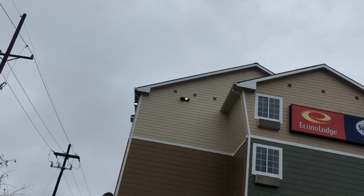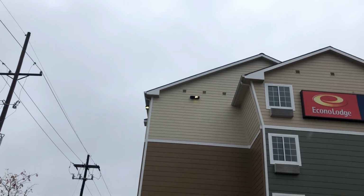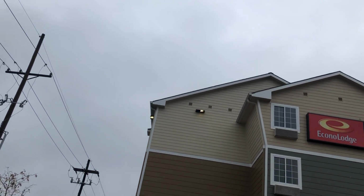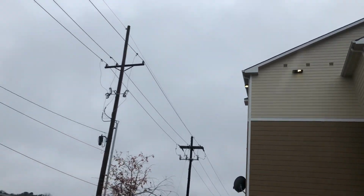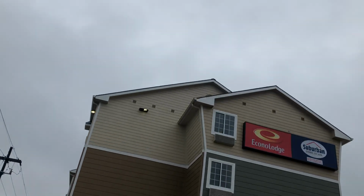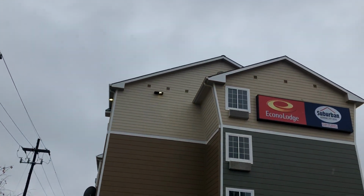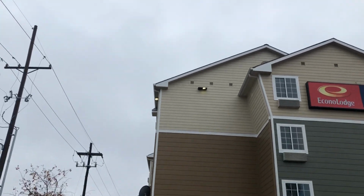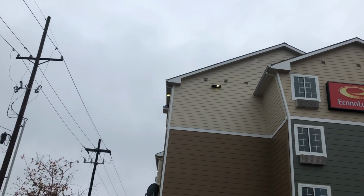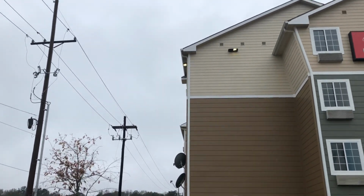Now these buildings like this, what we would do back in the day is we'd have to put ladders up there, scissor lift, pump-up sprayer, kind of downstream it off those sucky machines. Now I could stand back here and not get a drop of water on me other than the rain, and shoot this building, whether I'm downstreaming it, or if I was gonna use a roof pump on it,